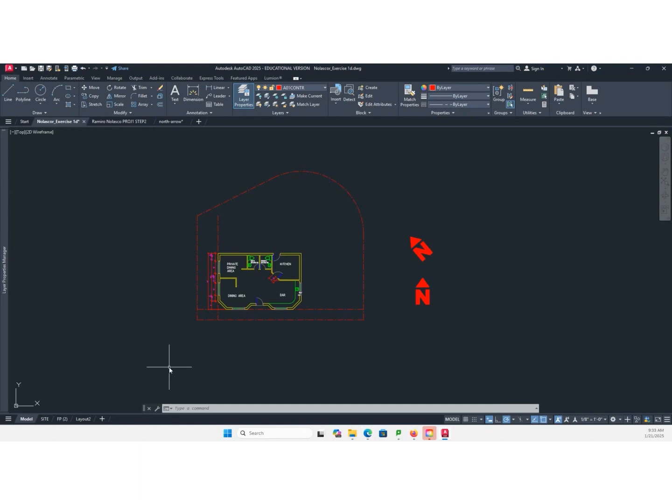Not the exercise first, the one above. This one only has one side.